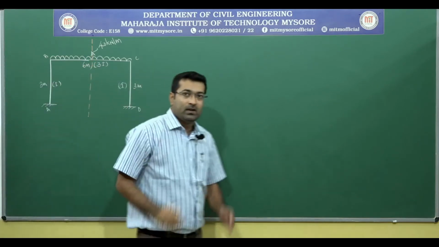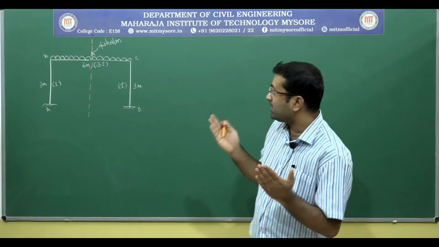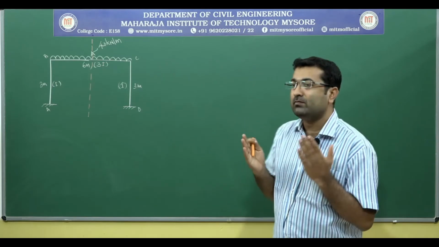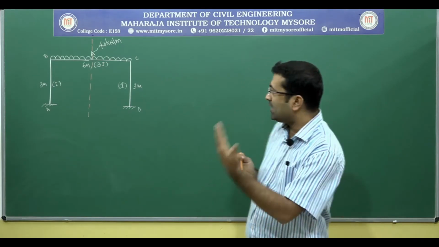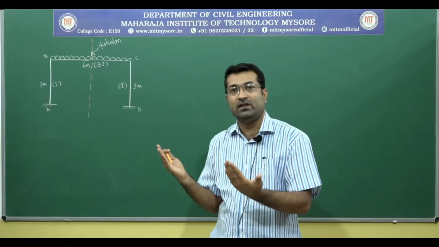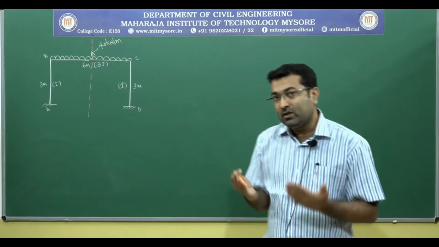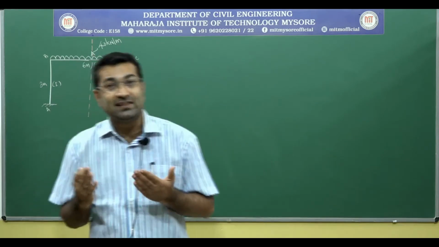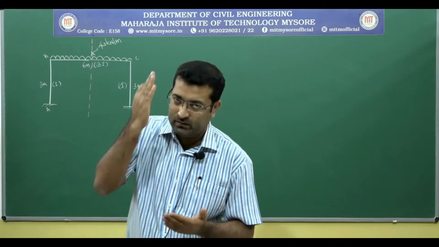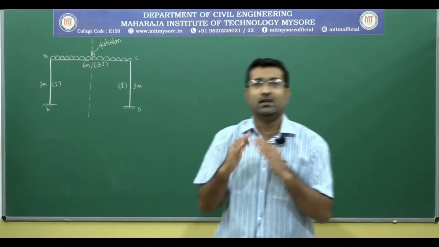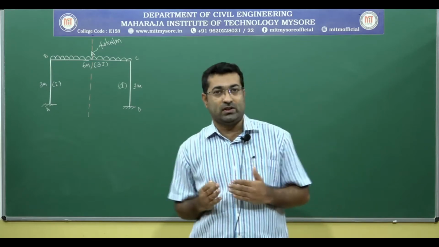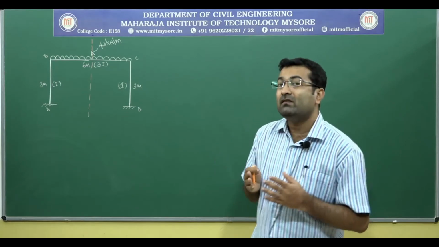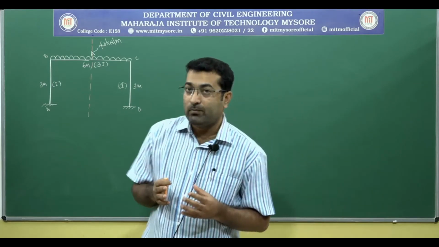Now you can see there are two parts, the left part and the right part. Both the parts are exactly mirror images of each other. If you see the left part, it is exactly a mirror image of the right part. So whenever you are dealing with structures which are symmetric in nature, symmetric means if you cut the entire frame exactly at the center, they should be like a mirror image of each other, then we can go for a different approach.